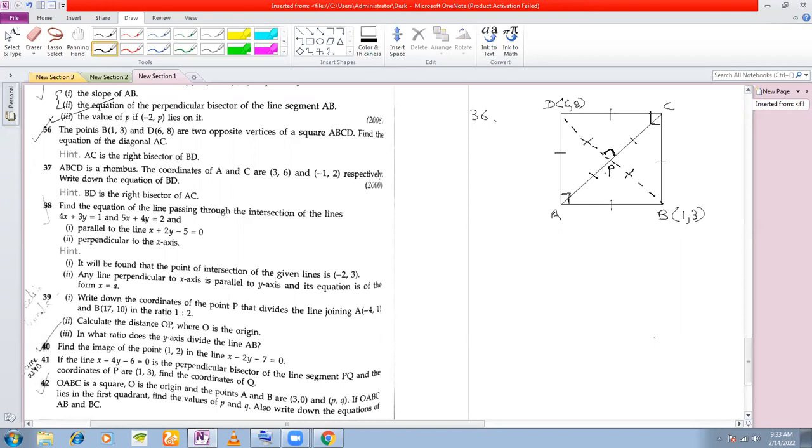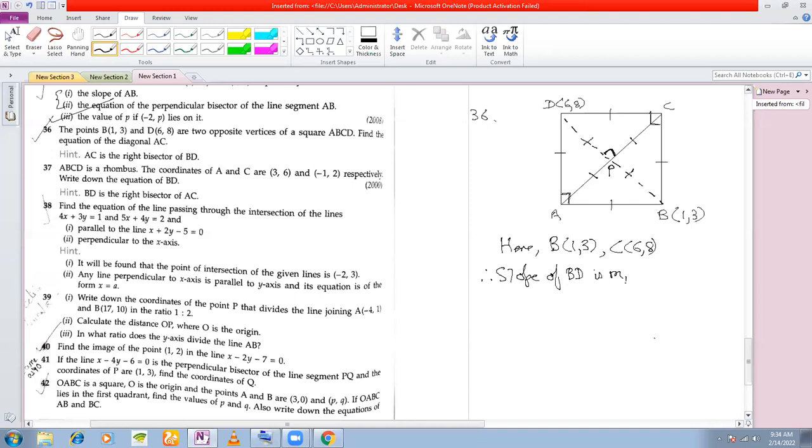So how will you now proceed? This is just like the last question, when we found the equation of the perpendicular bisector. That is just like that question, except that in this case, these are the diagonals of a square. Let's first find the slope of BD. So here B is 1, 3 and D is 6, 8. Therefore, the slope of BD